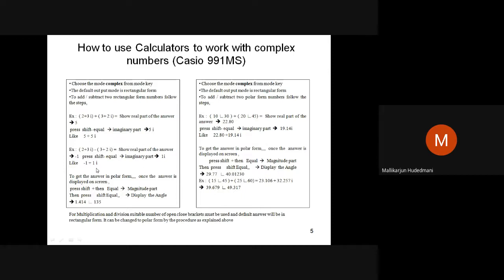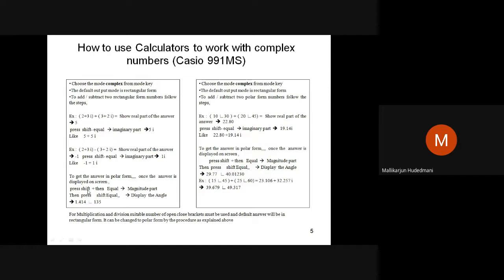So then, suppose you are interested to know the answer in polar format. What should be done? Whenever you find any computation you do, I said the default display of the answer is always rectangular. Your interest lies with the polar. What you should do? See and read here. To get the answer in polar form, once the answer is displayed on the screen, either you are displaying 5 or minus 5i, whichever one, either the real form or the imaginary part of the answer, you are seeing the answer. You must be in the display output only. Then what you should do?